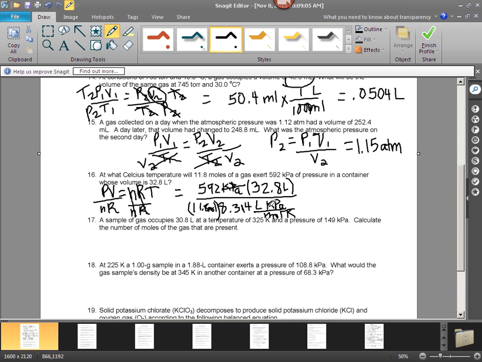And then you double check. Kilopascals cancel, numerator, denominator, liters, numerator, denominator, moles, numerator of the denominator, denominator of the denominator. I know it's weird, but that's the way it goes. And Kelvin is in the denominator of the denominator, which means it becomes the numerator. And you're left with just degrees Kelvin, which is a good thing. That's what we're supposed to have because we're solving for temperature. Then you do the math, and it turns out to be 197.2 Kelvin. The question said at what Celsius temperature, so we're then going to subtract